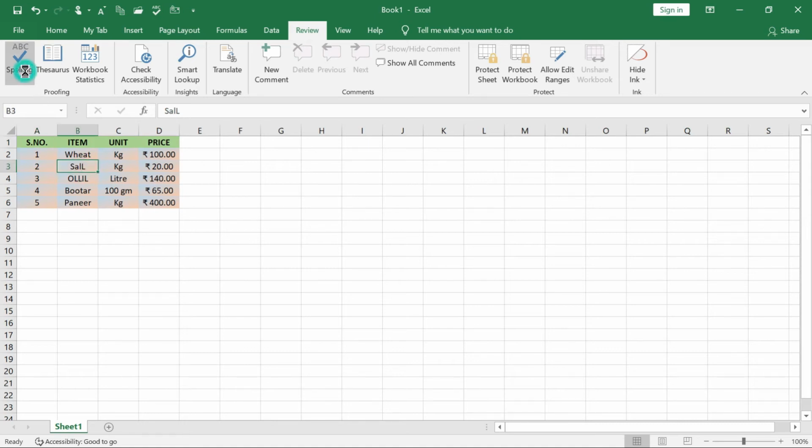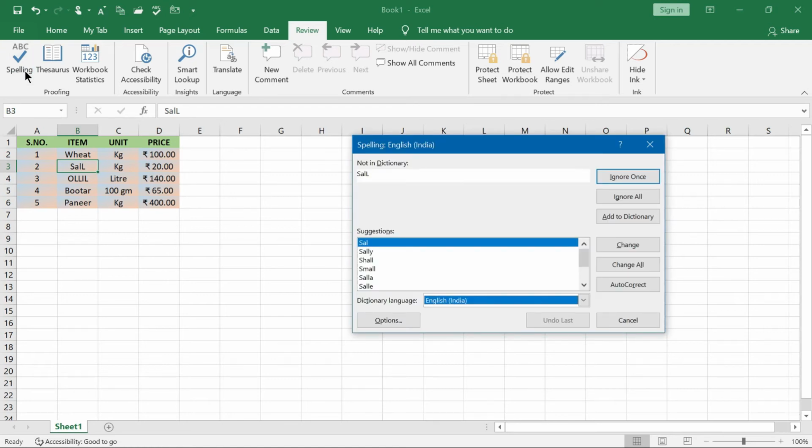Suppose this one like this. Okay, so I'm doing the spell checking. It is showing me, this is not in the dictionary. So what does it suggest? If the suggestion appears, and I want this one to stay, then I can click on Ignore Once, or Ignore All for all places, either that or I can change it. So actually I was supposed to type here salt. If it is not there, in that case I have to type it. So I'm typing it over here, salt, and then I can change it.